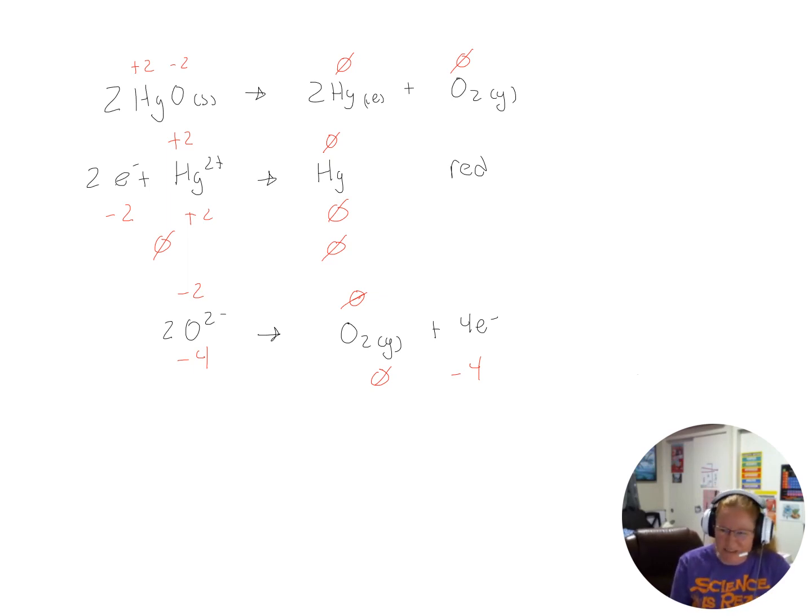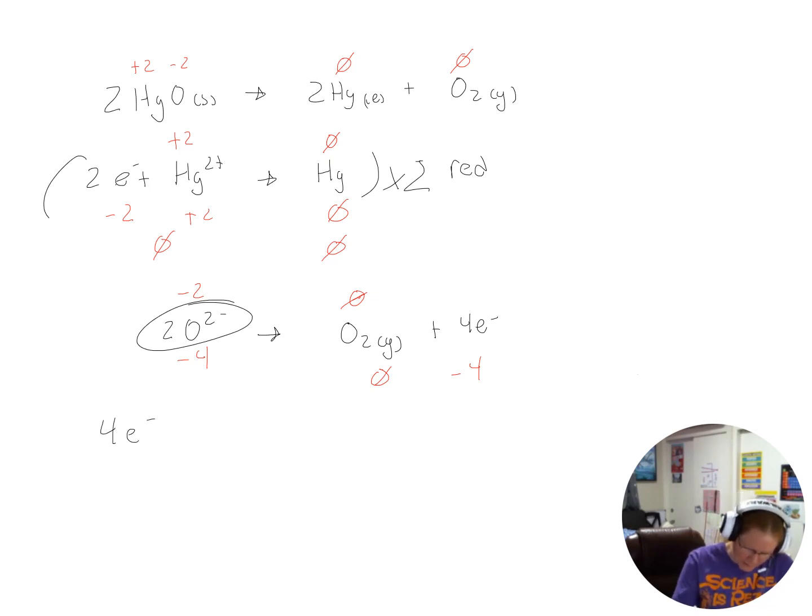So that's another thing. When you look at these, you also have to make sure that it's not just your charges that balance, but your atoms, because I had O2. And so I had to have 2 oxide ions down when I looked at this right here. Okay, and so then I could multiply this whole thing by 2, and then I would get 4 electrons plus 2 mercury 2 ions gives me 2 mercuries. I put it all together, those cancel, and indeed I would get